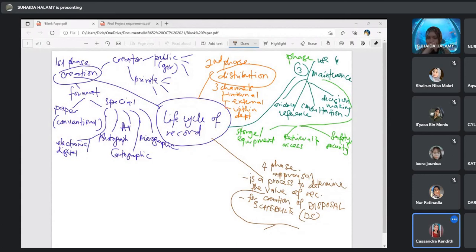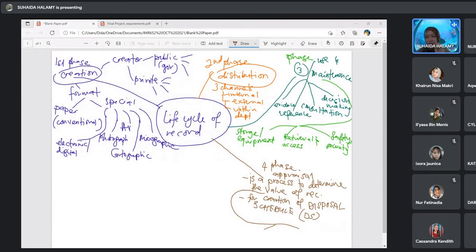Sebab tidak semua dokumen tu adalah record. Kenapa? Sebab apa? Value, Miss. Sebab value lah. Okay, sebab value. Thank you Cassandra.